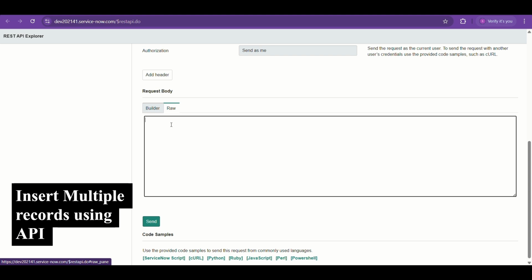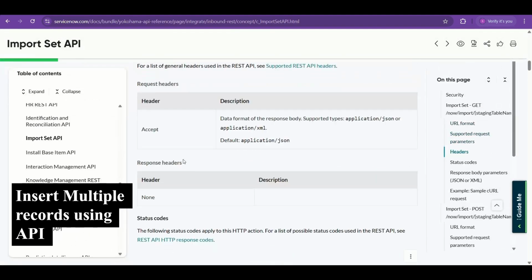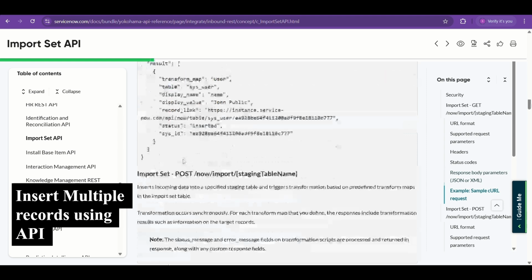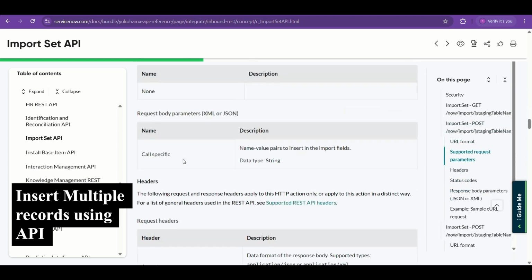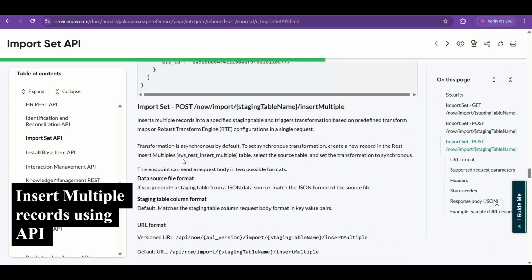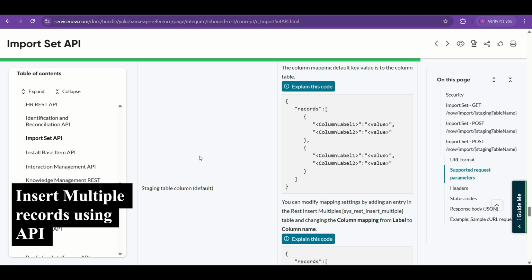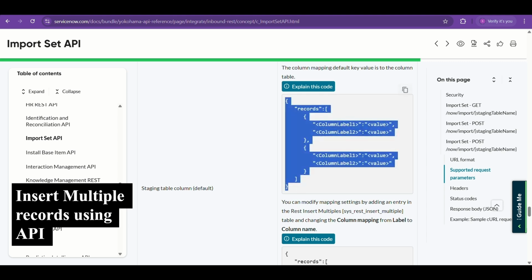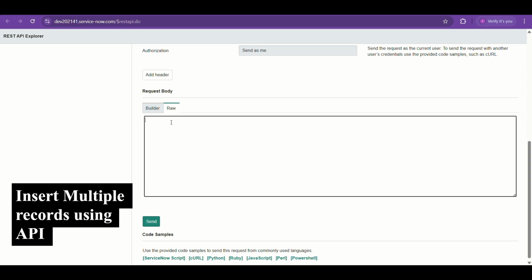This follows a particular format that I will be giving in raw. This is for single record post, and this is for multiple records, and this is the format that we need to follow. Let me copy paste it and show you here. Records is the root array. Column label 1 I will give, because color is mandatory. Column label 2 short description, and column label 3